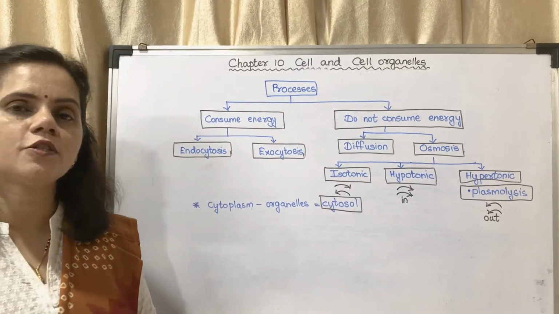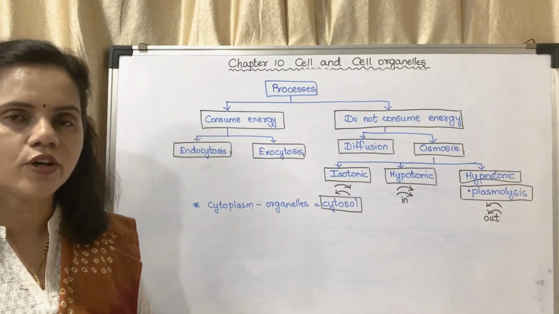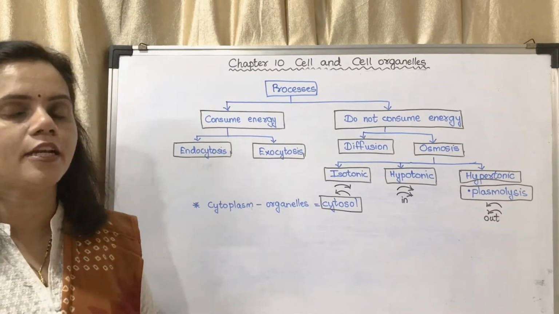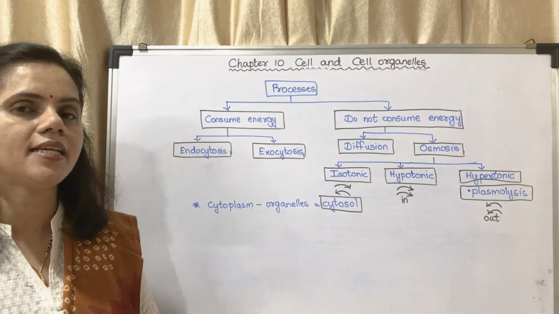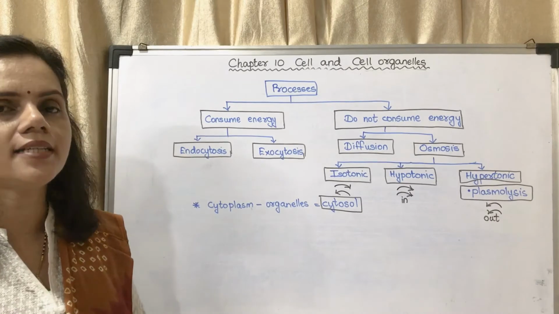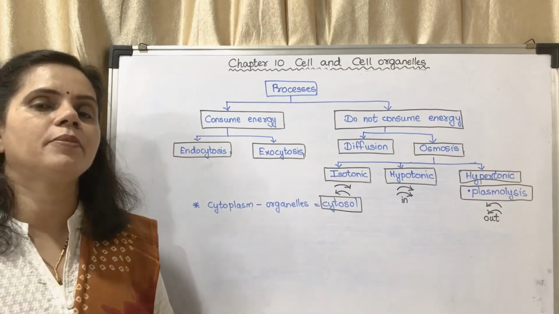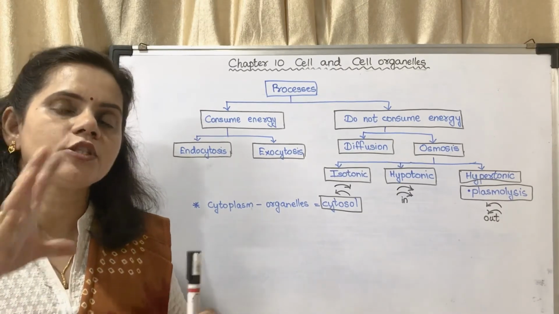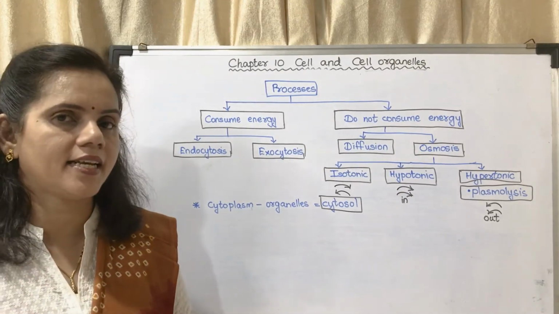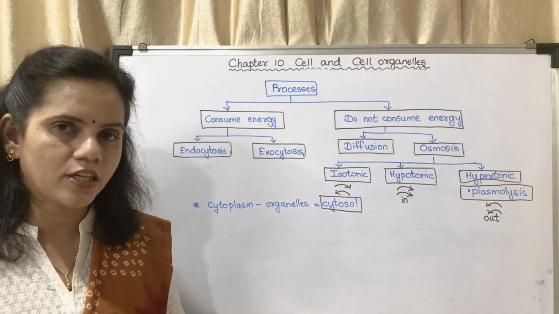Endocytosis is the process by which a liquid or food is engulfed into the cell. It is eaten by the cell, it is coming inside the cell. That process is called endocytosis. For example, amoeba, it eats by endocytosis. It engulfs the food. It is just an example. So what is endocytosis?